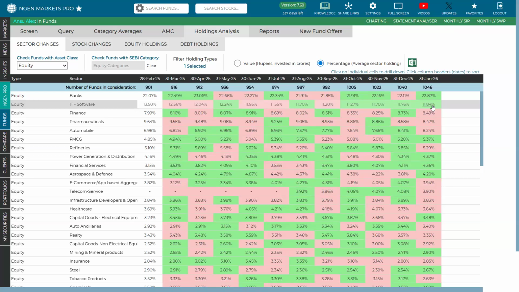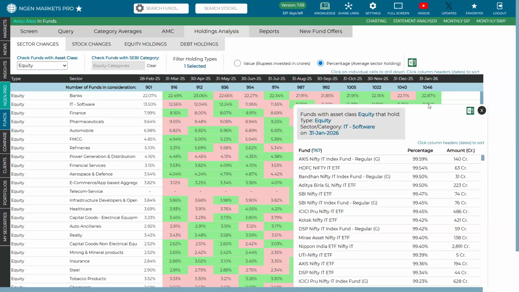So it says that out of all the equity funds, the average AUM of all the equity funds have invested 11.84% into IT software as a sector. You also have the option to view which all funds have invested and to what extent. All you need to do is click onto that respective tile and it can give you the list.